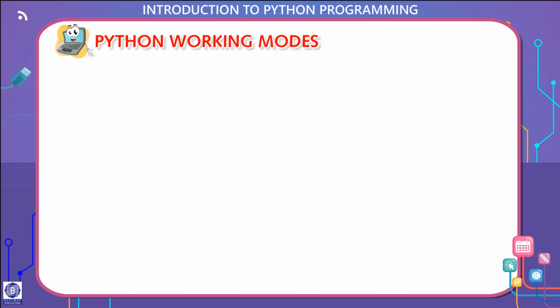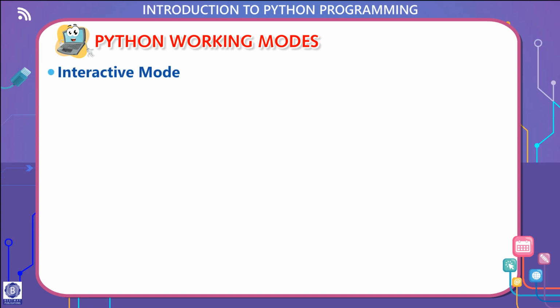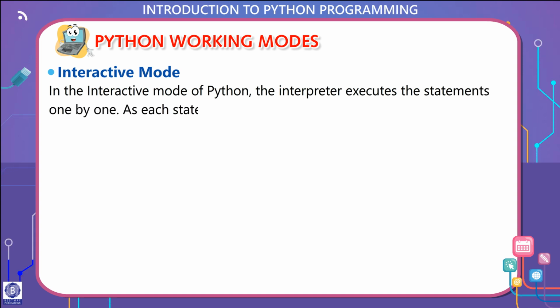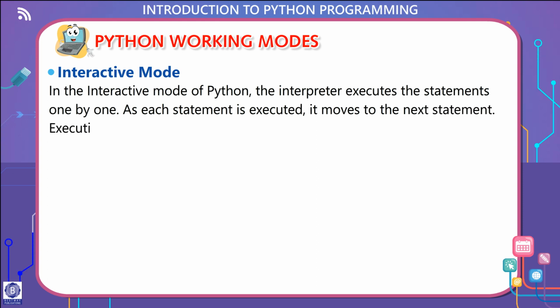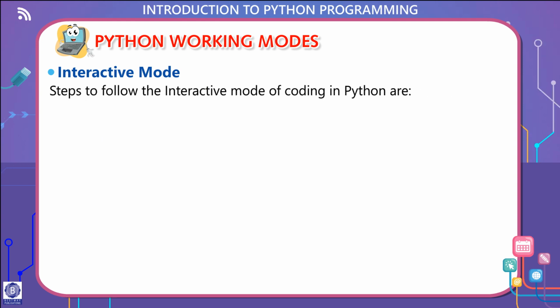Python working modes. There are two working modes in Python: interactive mode and script mode. Interactive mode. In the interactive mode of Python, the interpreter executes the statements one by one. As each statement is executed, it moves to the next statement. Executing line by line gives the output simultaneously. Steps to follow the interactive mode of coding in Python are: